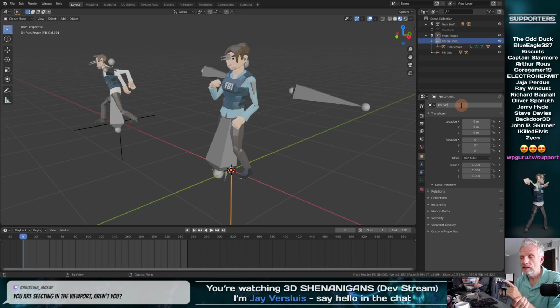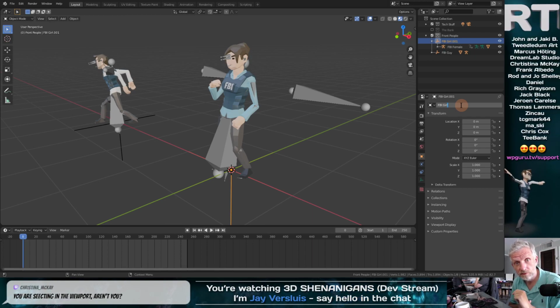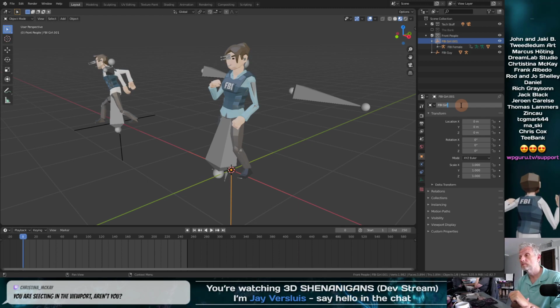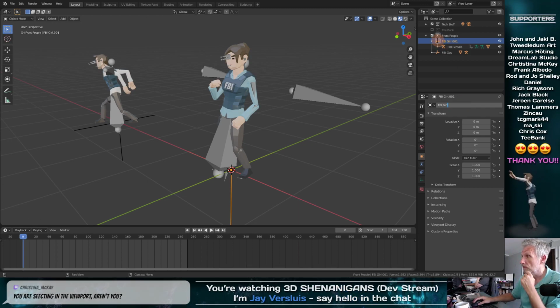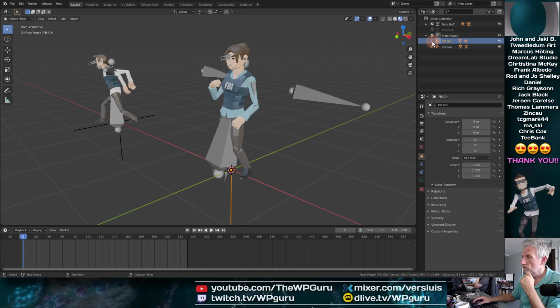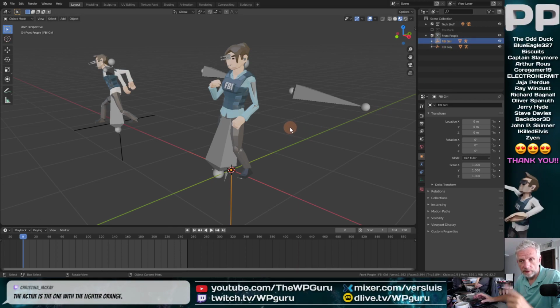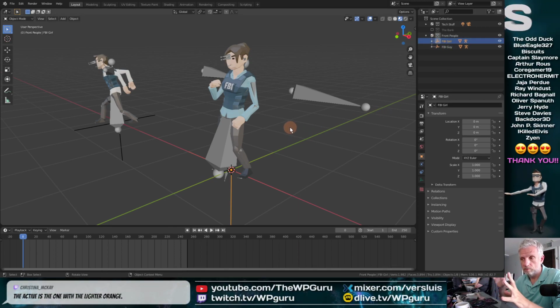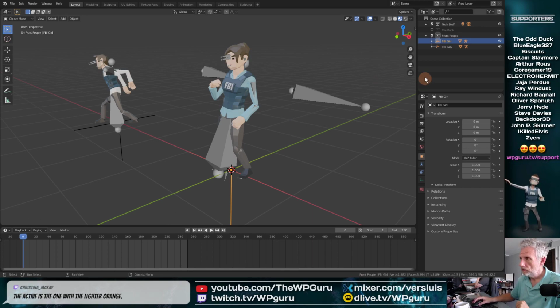I was selecting it in the outliner actually, not in the viewport. Oh, could that make a difference? That is interesting. Let's bring in the third guy and try the theory on both of these. That might well be the difference.